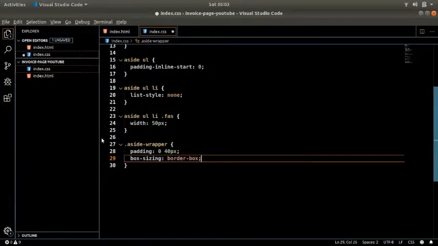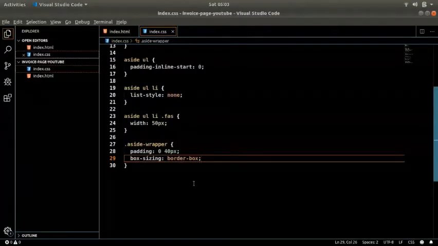What border box does is it won't allow any padding to be added to the entire width. Now you see it's back to the original size, but we also have the padding on both sides. That's great.